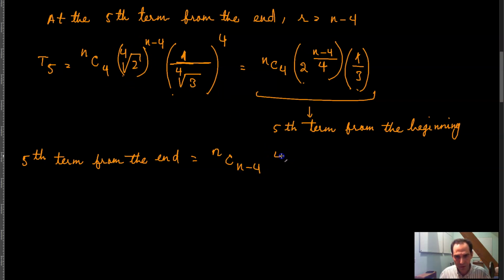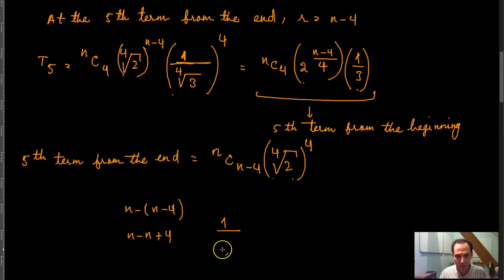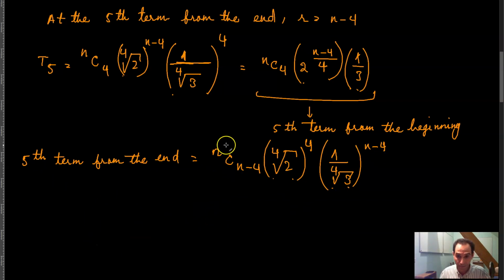The first quantity is the fourth root of 2 raised to the power n minus 4. N minus n minus 4, which is n minus n plus 4. So that's raised to the power 4. And the second quantity would be 1 over the fourth root of 3, raised to the power n minus 4, right? And that's the same thing as